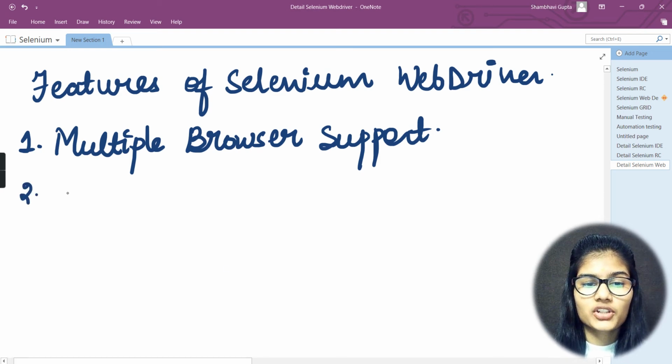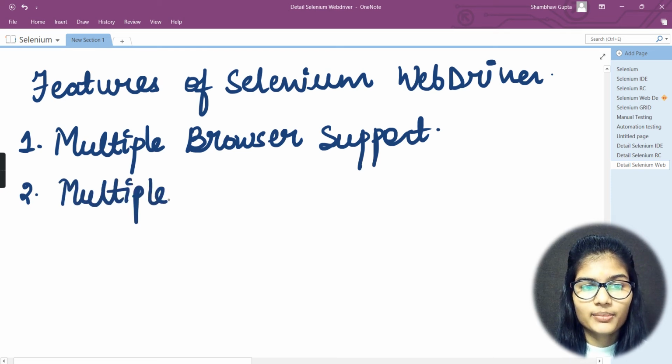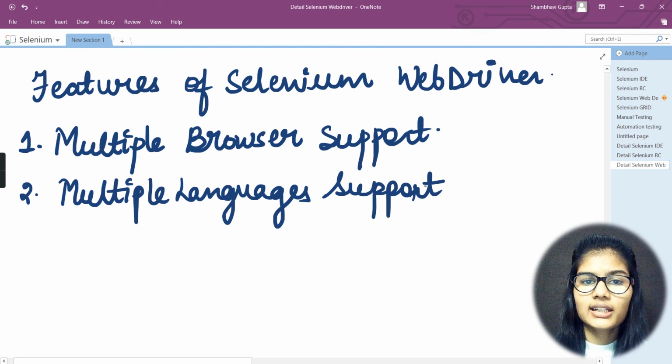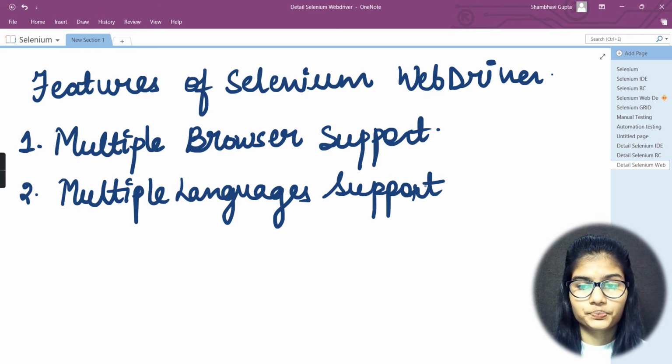Next, moving toward the second feature, we have multiple languages support. Selenium WebDriver has a feature for multiple languages support.